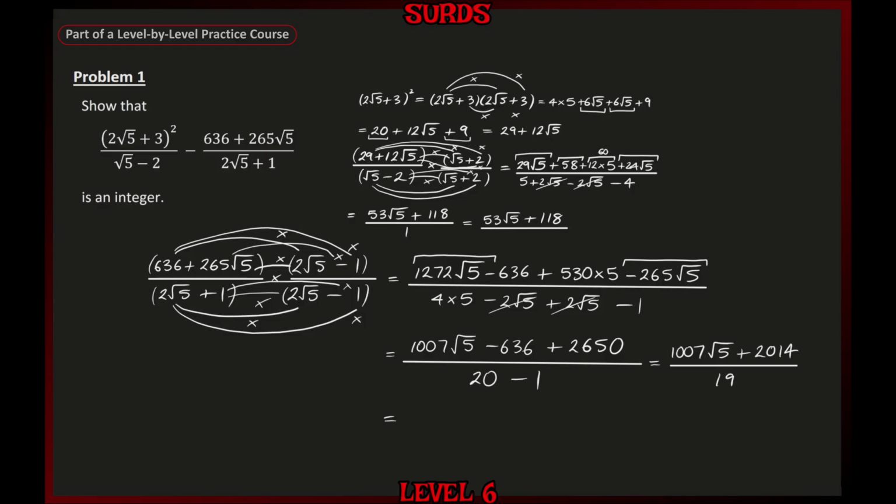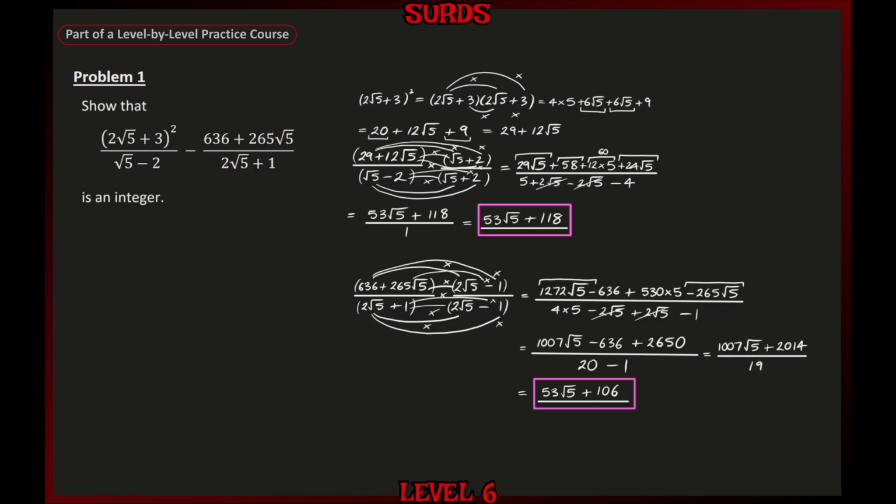So 1007 divided by 19 gives us 53. So this becomes 53 root 5, and 2014 divided by 19 gives us plus 106. So our second fraction is equivalent to 53 root 5 plus 106. All that's left to do now is to take what was the first fraction, and we've now written as 53 root 5 plus 118, and subtract from that the second fraction, which we now know we can write as 53